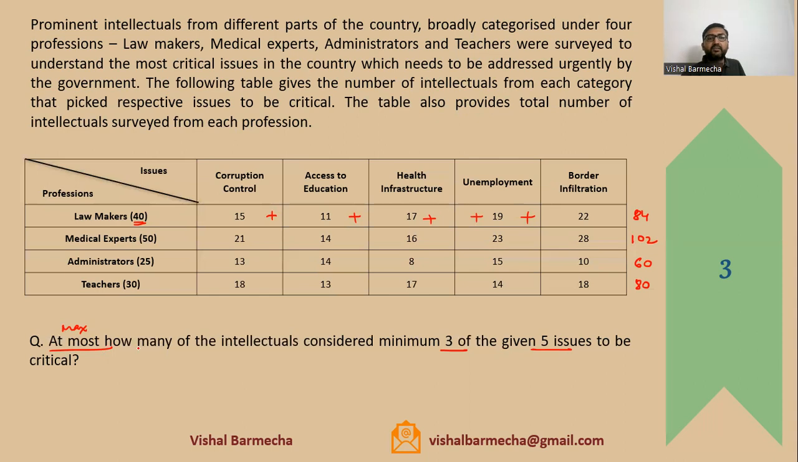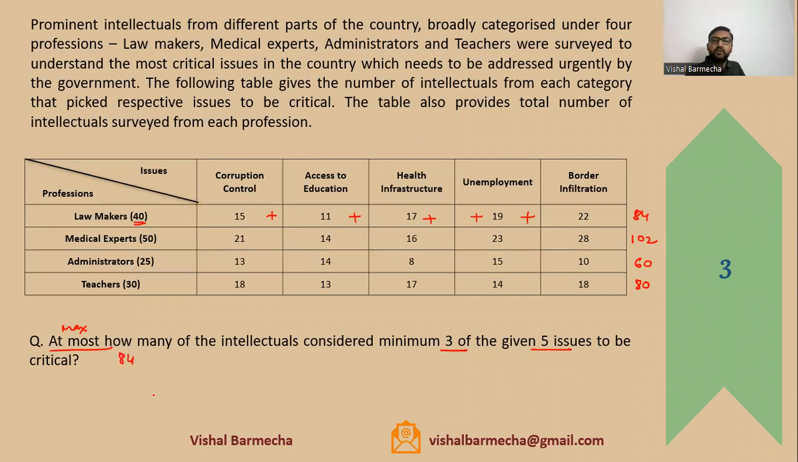Now I need to maximize the situation where minimum 3 of the 5 issues were found to be critical. So instead of giving 5 issues to be critical by one individual, मैं क्या करूँगा? I will try to maximize. जितने लोगों को मैं 3 इशू दे पाऊंगा, I'll be maximizing the number of people who found 3 issues to be critical. So if there are, let's say lawmakers में, if there are total 84